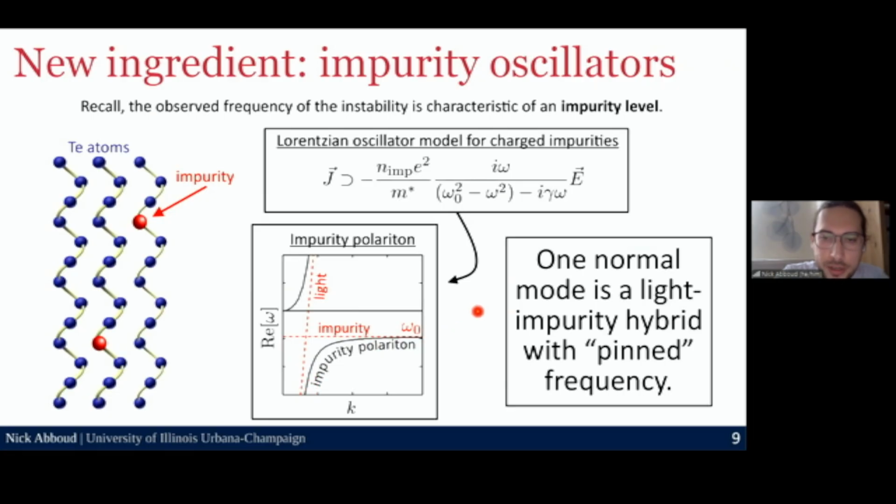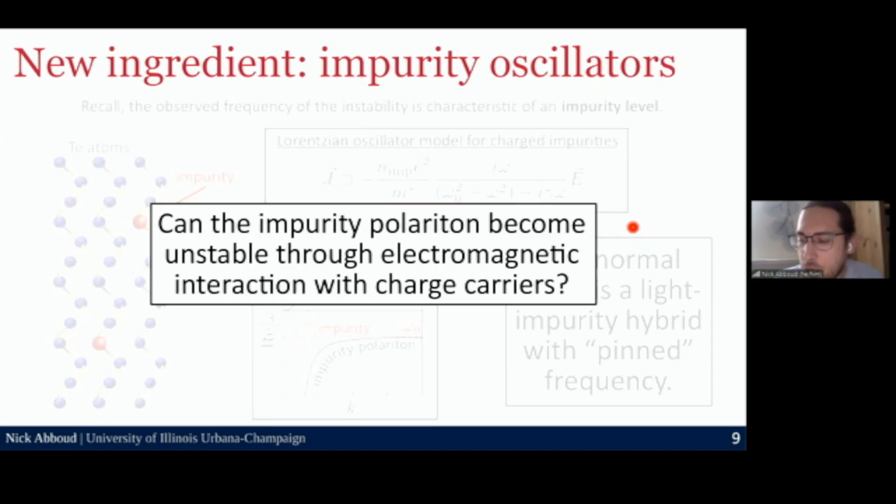What's important for us here is that this mechanism produces a partly electromagnetic mode whose frequency is pinned at the frequency of the impurity level, which we put in by hand. Because the charge carriers are also coupled electromagnetically, we can ask whether the impurity polariton can somehow inherit this instability